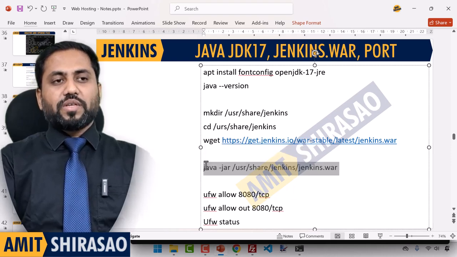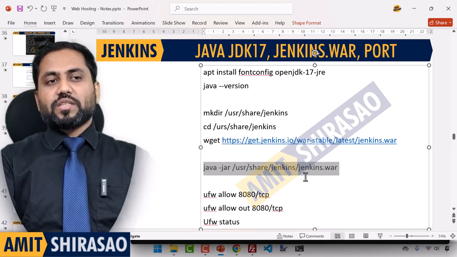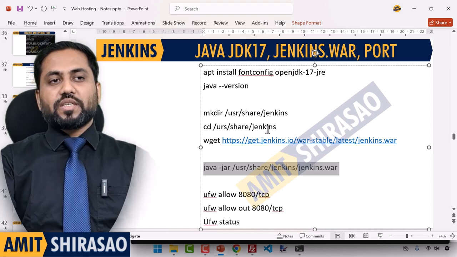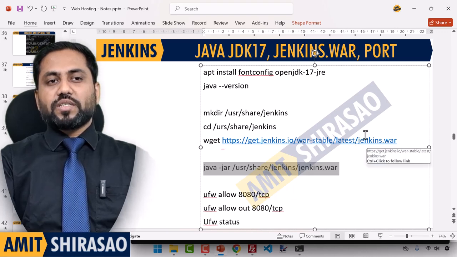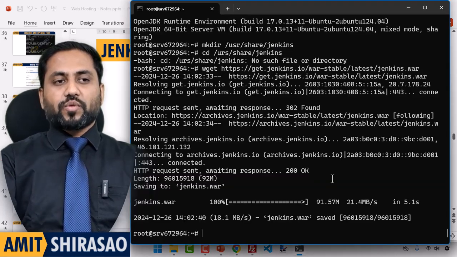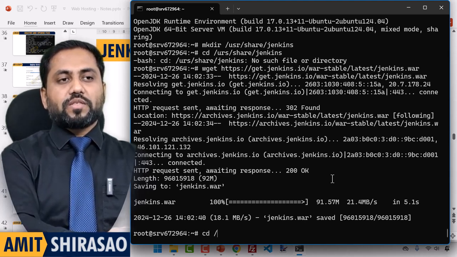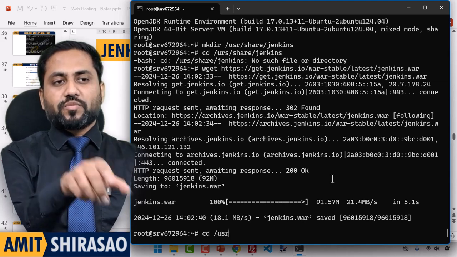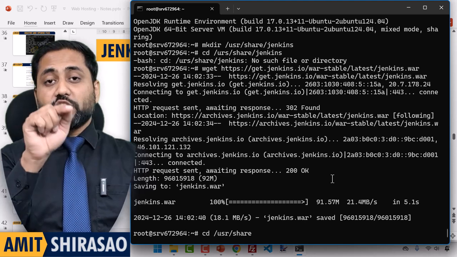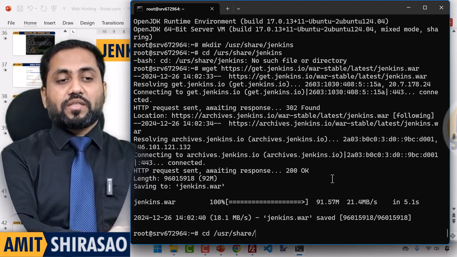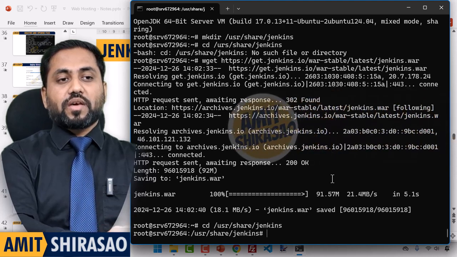Okay, here you copy. This is how you run a Jenkins file. So java -jar and then the Jenkins file. So where have you downloaded it? Inside the Jenkins folder, we have downloaded this file, jenkins.war. If you want to check that, maybe I can show that to you. CD, Unix system resources share. It is share, not shared. And then Jenkins, and here,